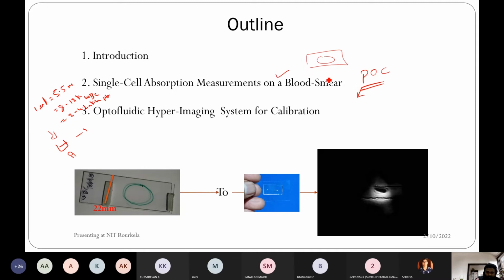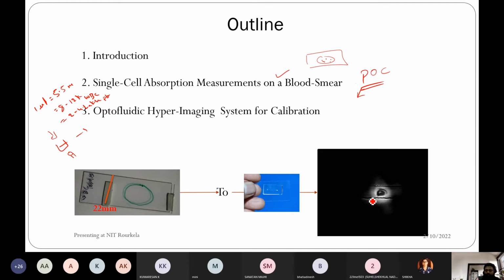Similarly, we are able to measure the single cell here, but throughput is the issue. To overcome that, we utilized a microfluidic platform, going from smear to inflow, and we are able to measure the single cell and its absorption property at high